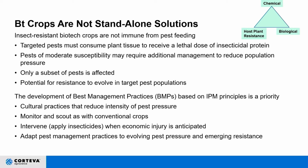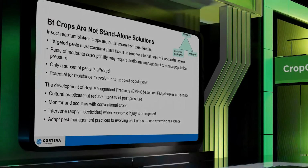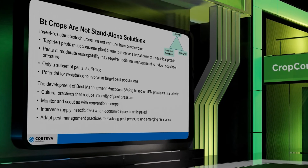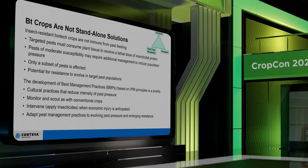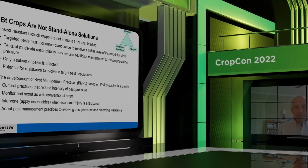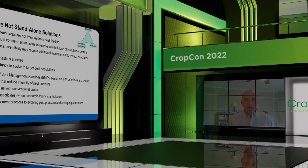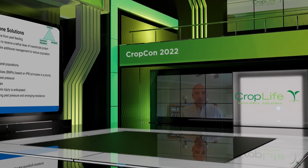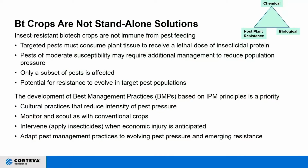The proteins I mentioned earlier, Cry1, Cry2, Vip3A, they all affect a subset of the Lepidopteran pests in maize and in cotton and in soybean. But they don't affect other groups of pests like beetles or aphids and thrips. And then there's always the potential for resistance to evolve in target pest populations. So it's very important when we deploy BT crops that we're monitoring for and taking steps to mitigate the potential